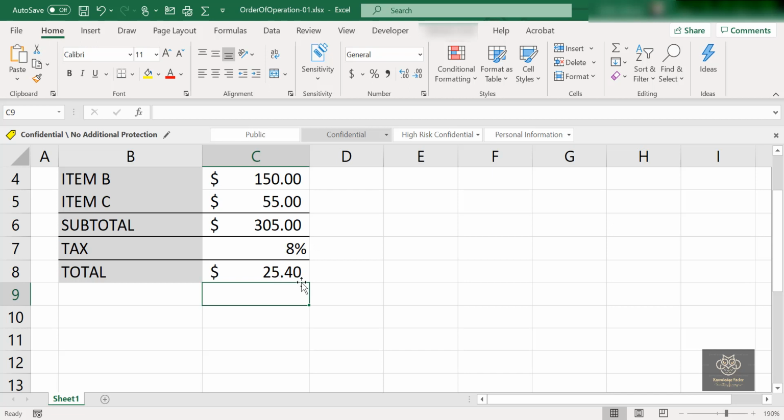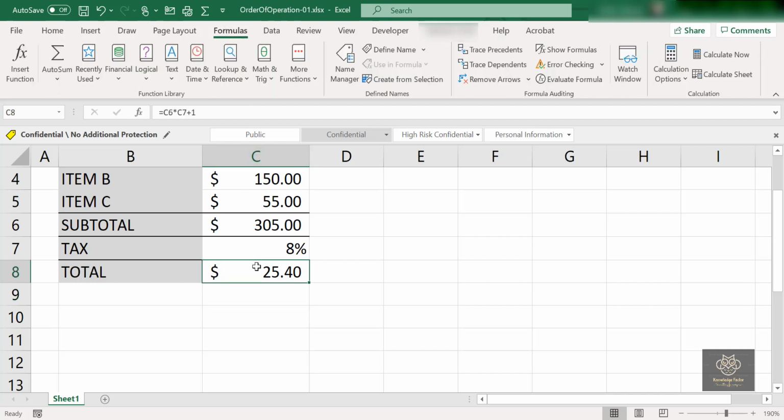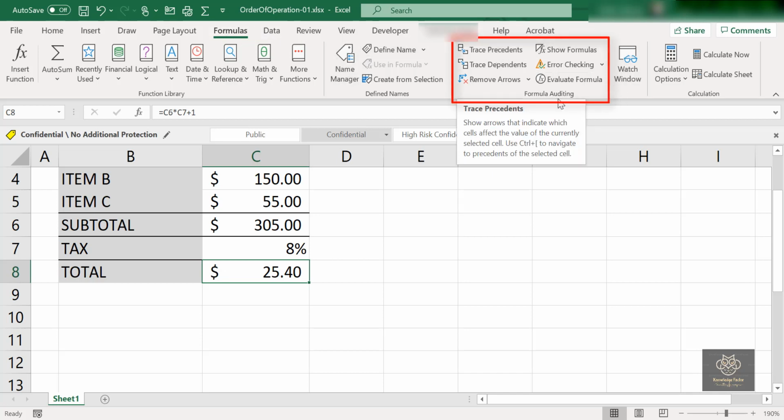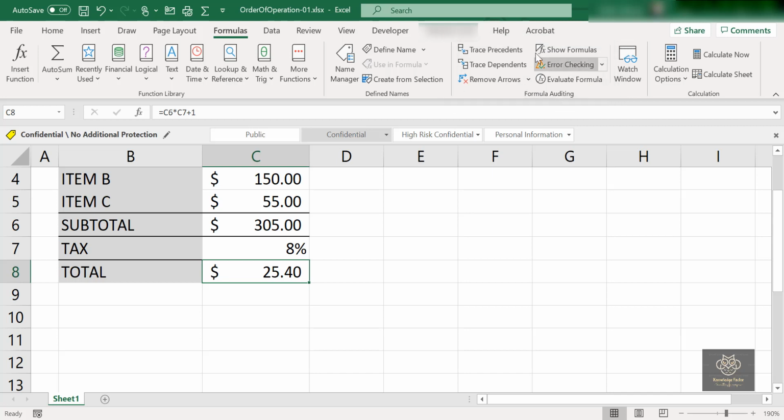I'm going to go to this formula here. I'll first select this, then go to the Formulas tab at the top of your screen. We're going to talk much more in depth about the Formulas tab as we continue later in the course. But on the Formulas tab, you have a section called Formula Auditing. There are so many goodies in here.